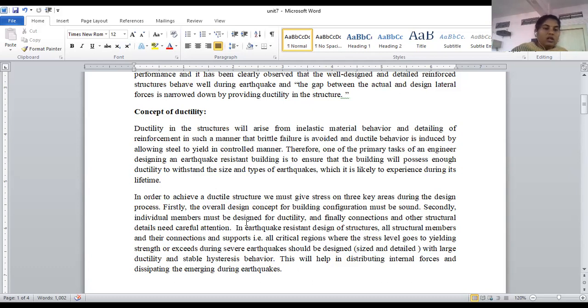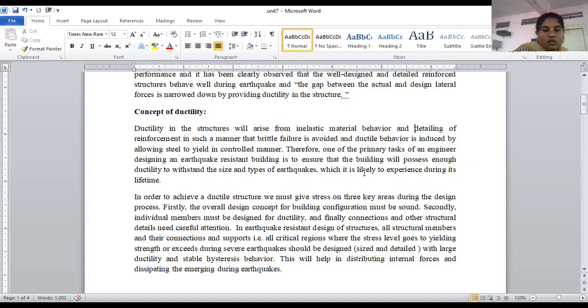Ductility in the structure will arise from inelastic material behavior and detailing of reinforcement